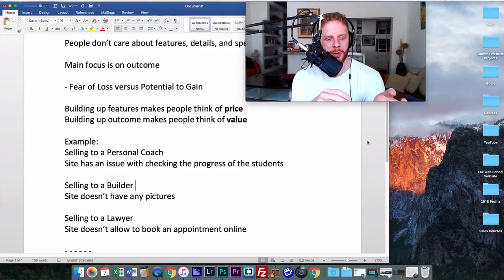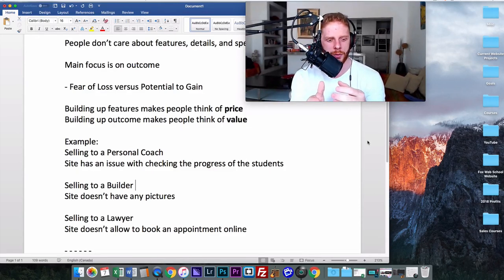So this third example with the lawyer, let's say in this case, she has a website that doesn't currently allow people to book online. Again, we wouldn't go into discussing what an exact solution is and the features of that solution. We would keep it high level, keep it linked to the things that she wants to see in her business. So, common themes of what people want is more money, more time, more freedom. So keep it kind of to those themes. There are more of those themes, but there are three main ones you can use in the beginning.